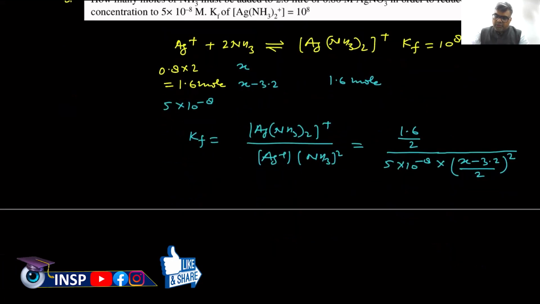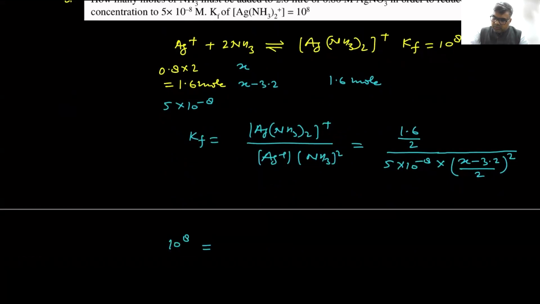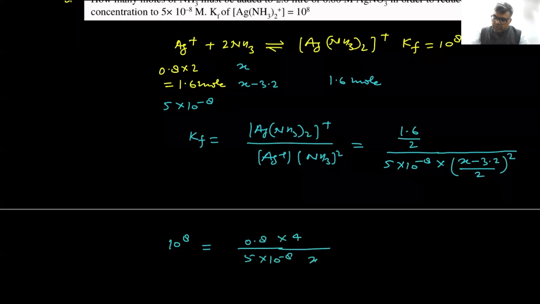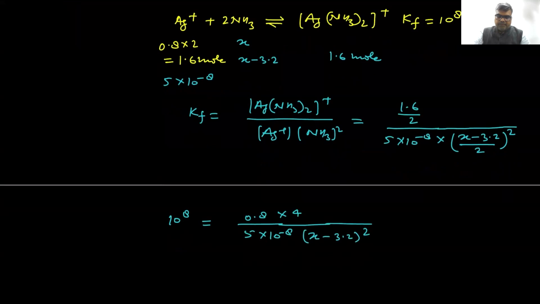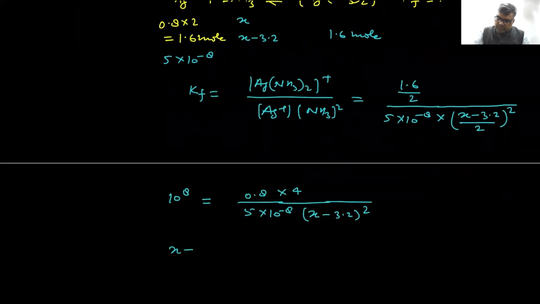And Kf is given to you as 10 to the power 8. So 10 power 8 is equal to 0.8 upon 5 into 10 power minus 8, and if you simplify this value, into 4 into (x minus 3.2) square. From here, you have to calculate x. So (x minus 3.2) square will be equal to